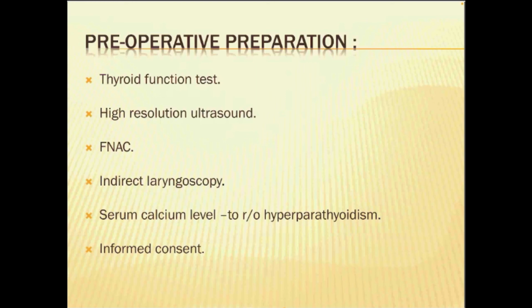Because if any nerve, like the superior laryngeal nerve or recurrent laryngeal nerve, was involved previously by the swelling in the neck, the patient may present with vocal cord palsy even before surgery. The most common complication of surgery is recurrent laryngeal nerve injury, in which the patient post-operatively can present with vocal cord palsy. So to detect whether the vocal cord palsy is due to an intraoperative complication or due to the swelling or the mass itself, we should do indirect laryngoscopy preoperatively.